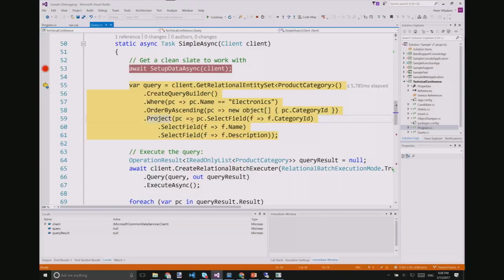And then you project, and what you project here is the category ID, the name, and the description. You do select fields on each of these. And again, you pass PC, which is a product category. And notice how, when you're doing this, you can't see it, but the pop-up, the IntelliSense actually shows you all the fields that you need here because everything is type safe and everything is done with lambdas. So in the editing experience and the debugging experience, it works really well, but that's how it is.